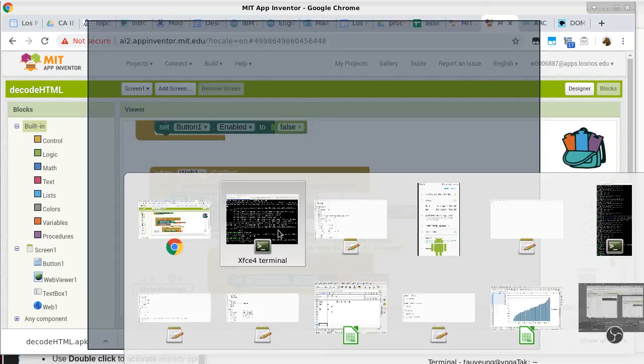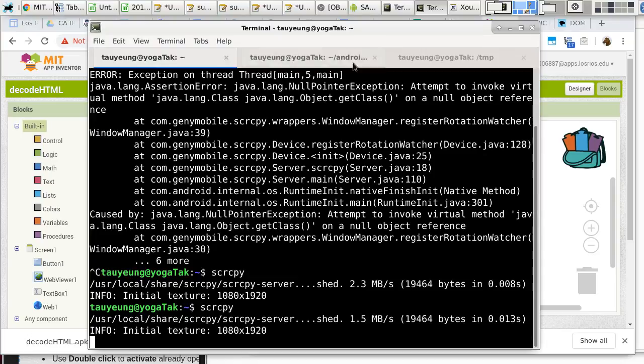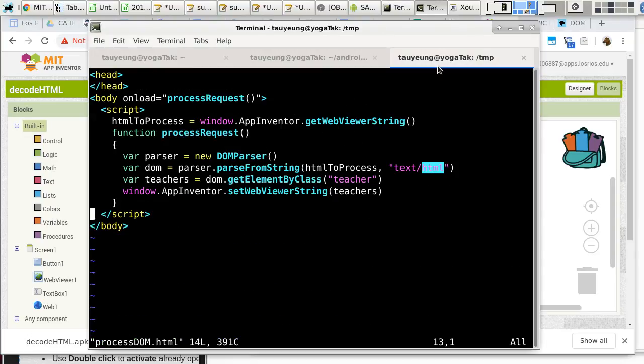Let's go back and check the code in here. Okay, so process has onload equal to process. Okay, so maybe we can set some debug facility here. So we say we have a division ID equals to